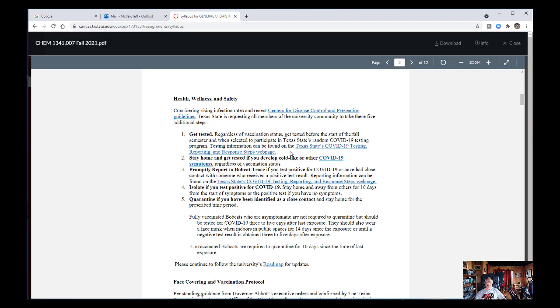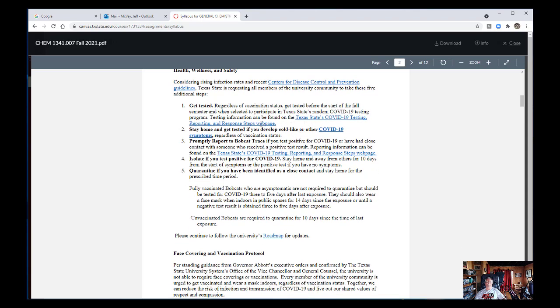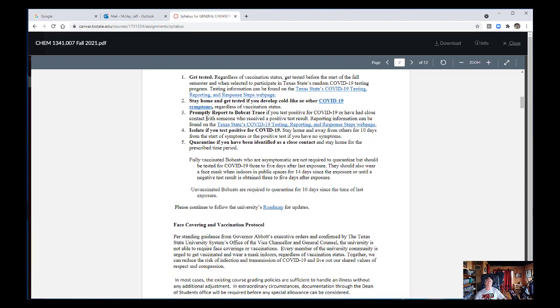All right, and there'll be a kiosk. Right now, I think the kiosk is across from Flowers Hall, but I'm sure they'll update that and have more than one testing site. Just click on some of these links and you'll find out where you can get tested. We'll talk about what happens when you test positive or you get sick in just a bit. All right. Stay home and get tested if you develop cold-like or other COVID-19 symptoms of fever,